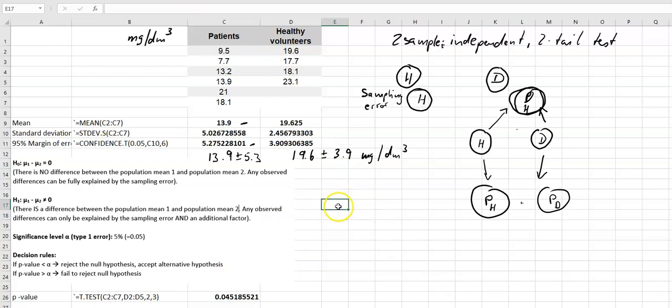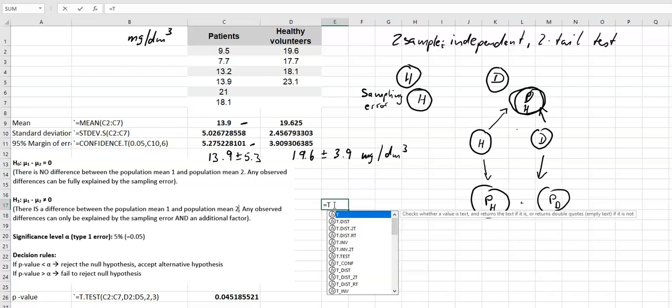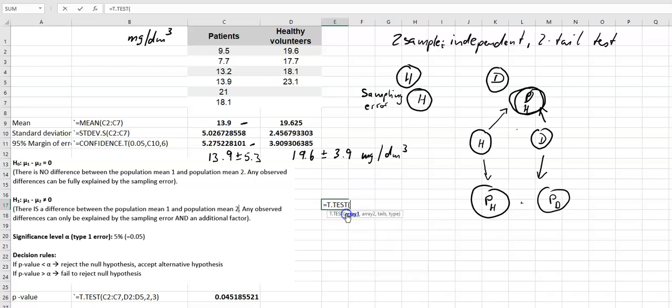So in Excel we can calculate the p-value, and we do that with the Excel function equals T.TEST, and it comes up with the suggestion. It takes 4 values. So the first one is our array of sample 1. So I highlight the cells here, drag it down with the mouse. That's our array 1, comma, we do array 2. That's this one here,